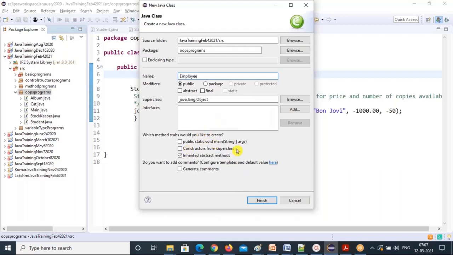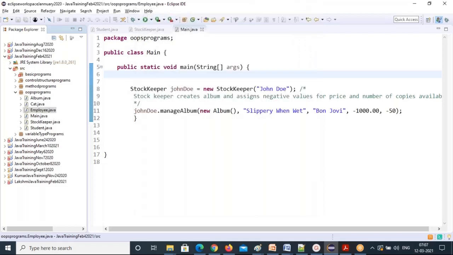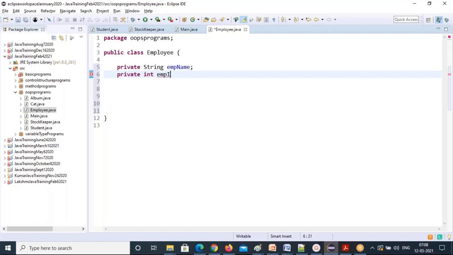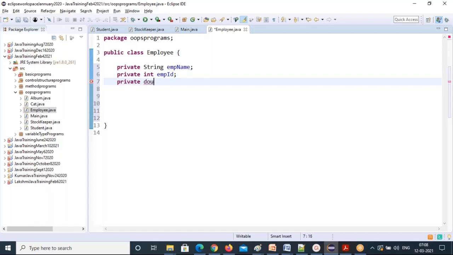I don't want a main method because I'm just creating a template parent class with all the properties. What properties will be there for employee? String empName, employee name, employee ID, empId. Next, private double salary, empSal.